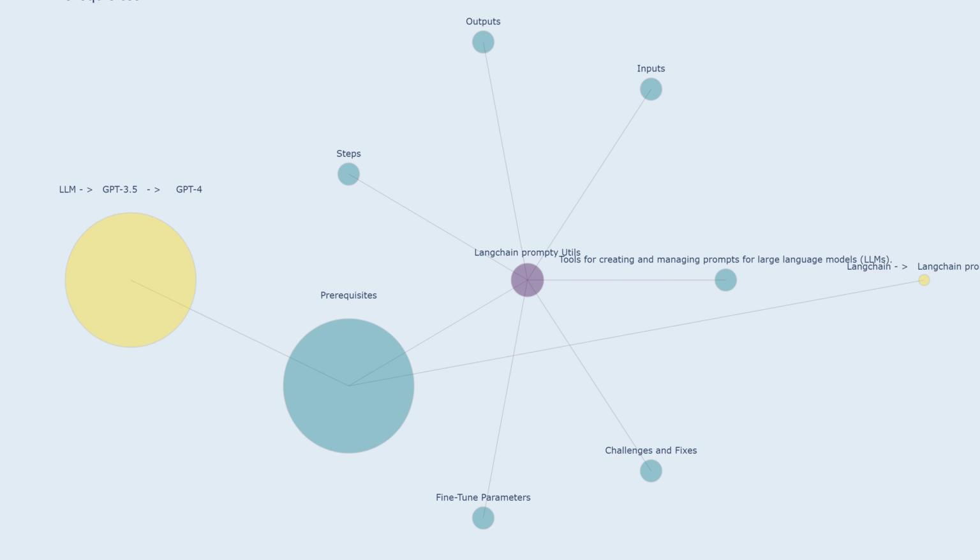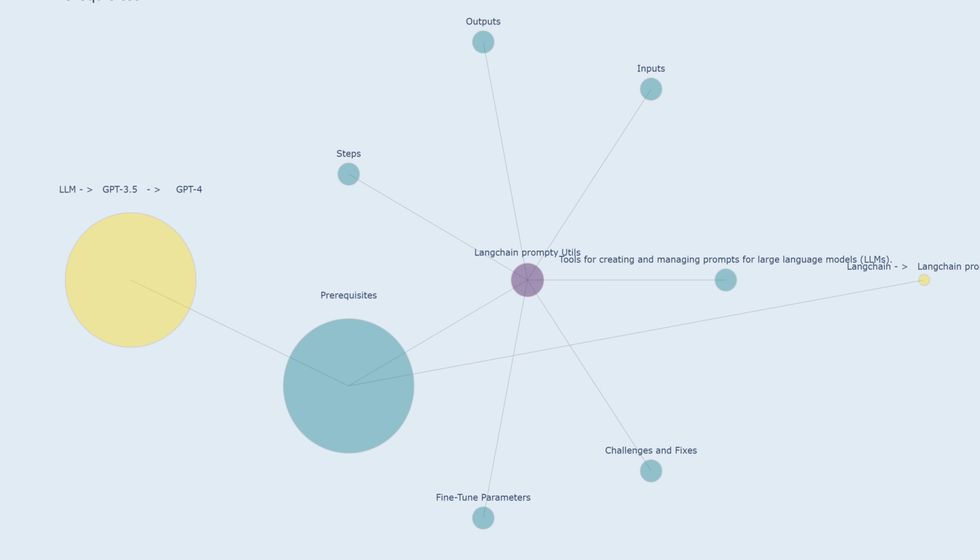LLM: a large language model, such as GPT 3.5 or GPT-4, trained on massive datasets to understand and generate human-like text. These powerful models can be used for a wide range of tasks, including writing, translation, code generation, and question